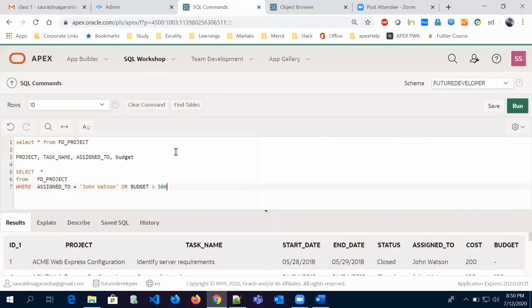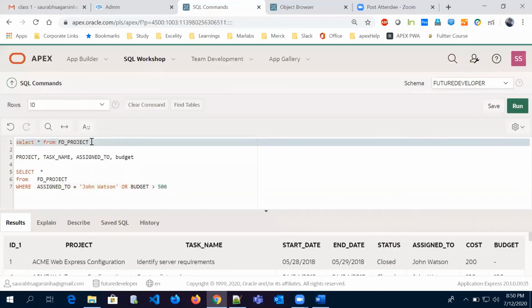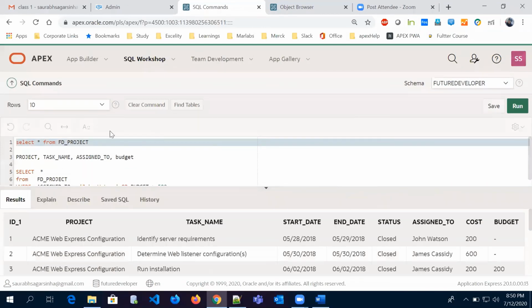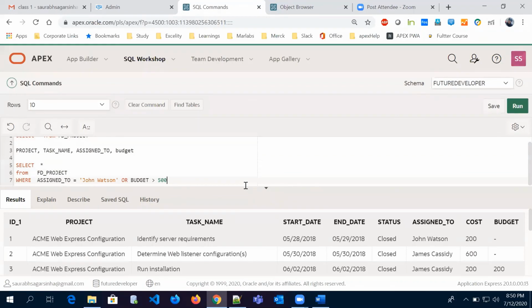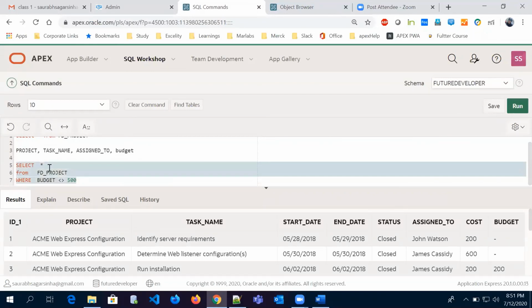I'll show you quickly in our SQL workshop. Let me run this code. Here what I've done is select star from project where budget is not equals 500.